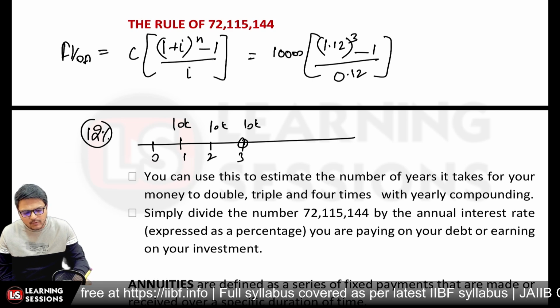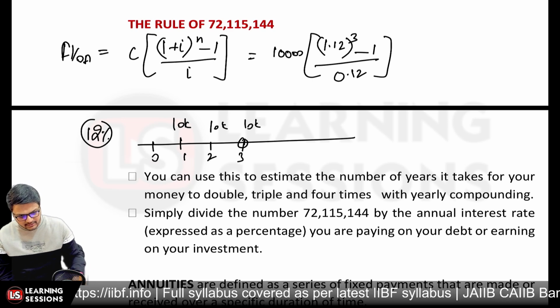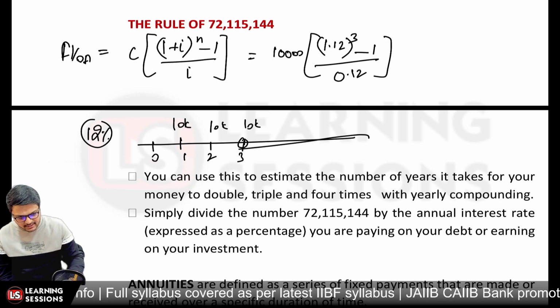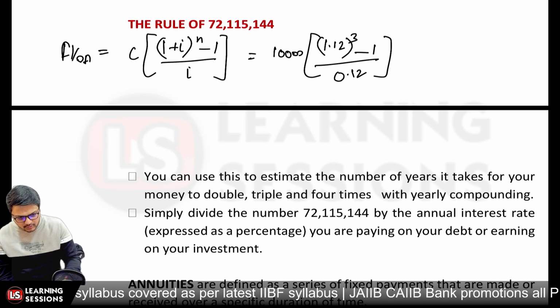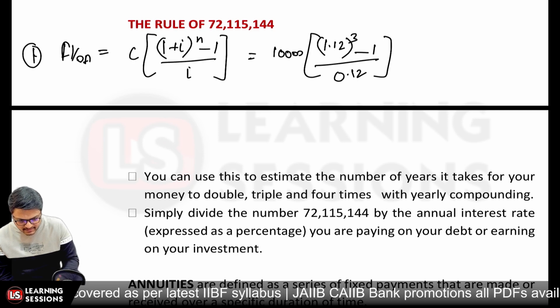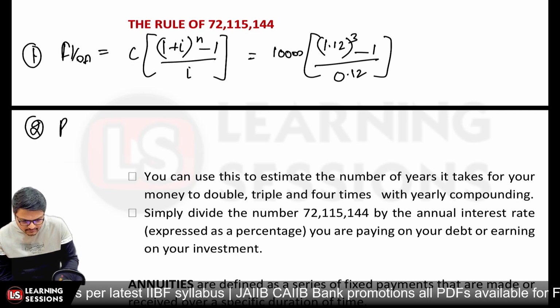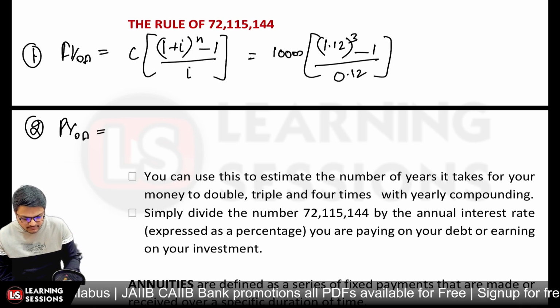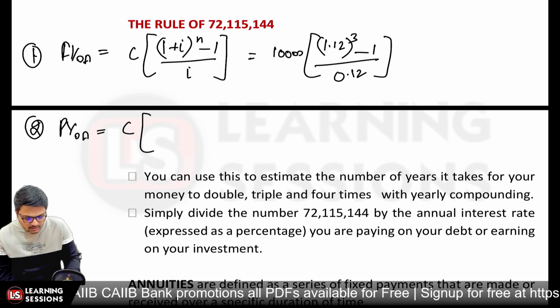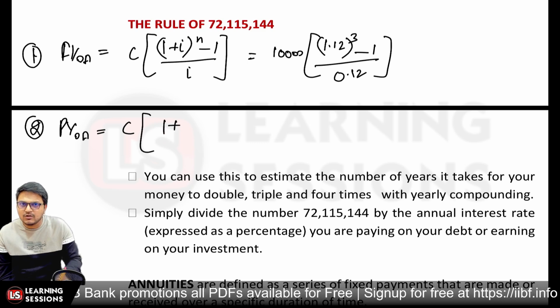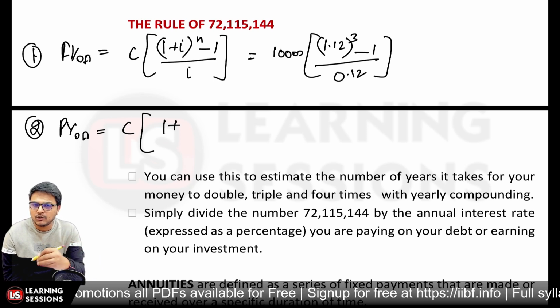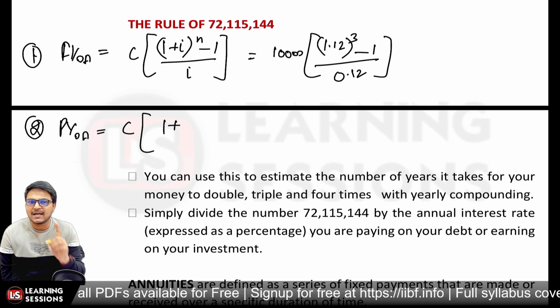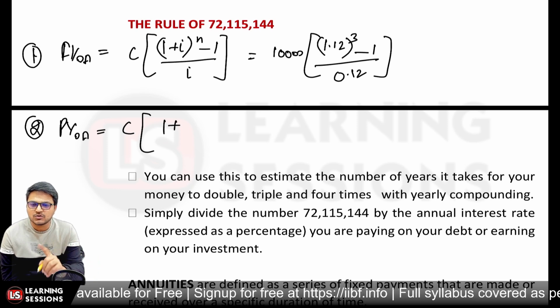Okay. Now what if I want to calculate the present value? In that scenario, you must memorize the same formula. This is the first formula, and the second formula is related to the present value of the ordinary annuity. Now only one single change is to be done in this formula. Just change the i to R.